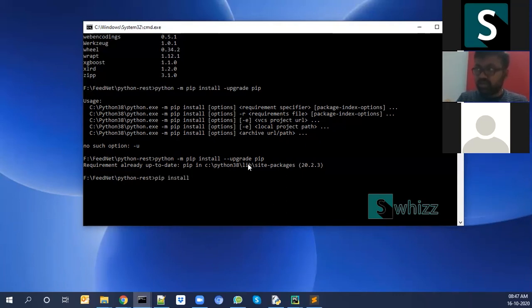Pip install numpy pandas matplotlib. These are related to the advanced machine learning packages which we are installing right now. So just give the same command, pip install numpy pandas matplotlib, and enter. It will take around 5 to 10 minutes, according to your system speed. Sometimes it will run very fast also.